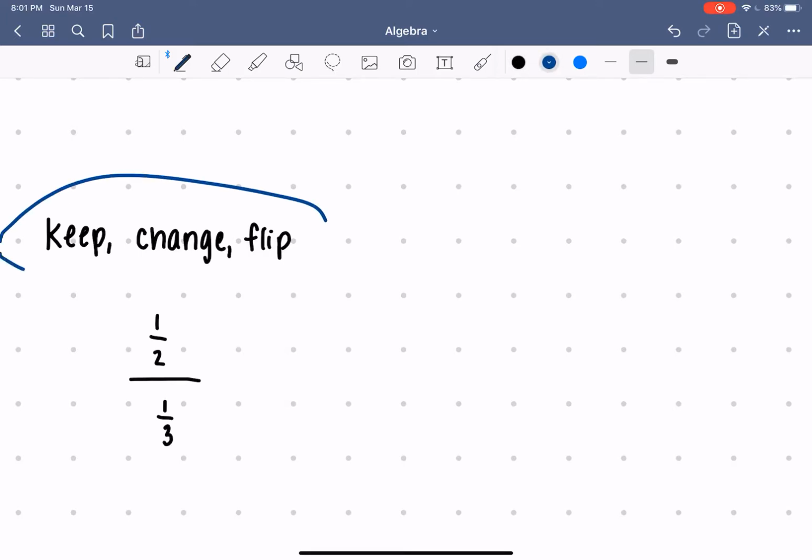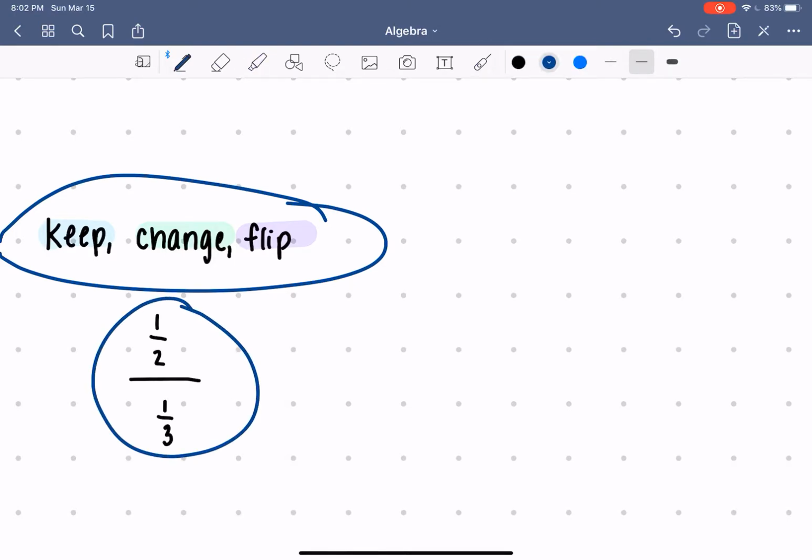rule right here. Keep, change, flip. It is what we have been doing for every other fraction. So before I get into these variables, let me show you it with just some regular numbers. So if I have this right here, I have 1/2 over 1/3. I like to make the middle fraction bar extra long so that I don't lose it among all the other